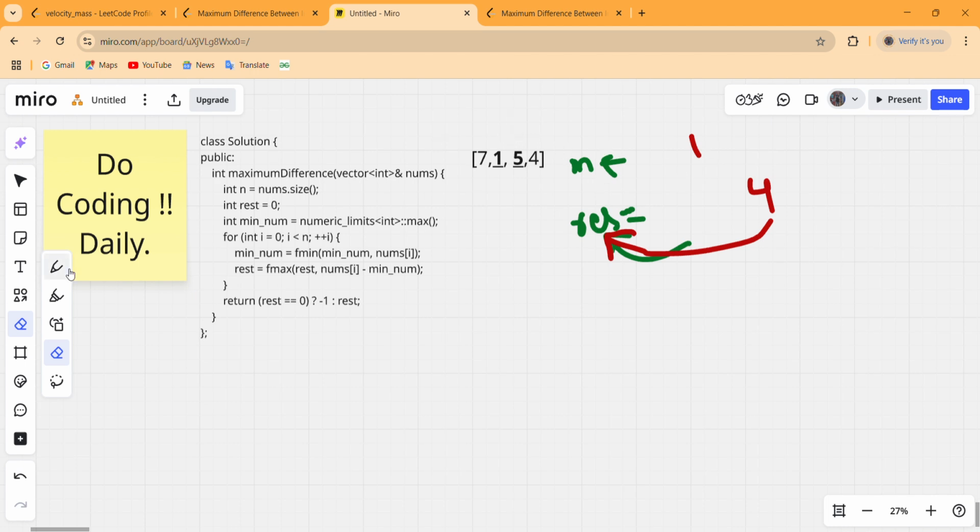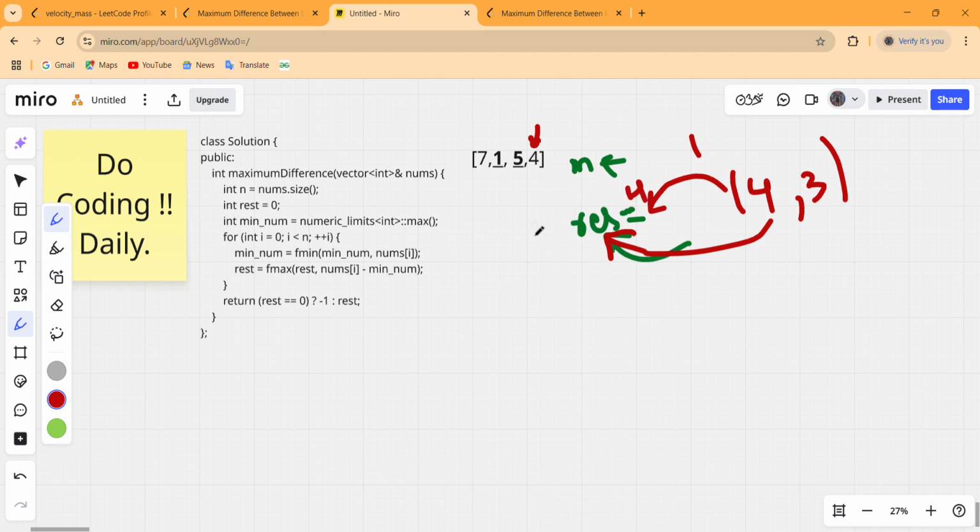Moving on to the next iteration, this 4, minimum number is basically minimum of this 4 and 1, that is 1, and maximum result possible is previous result 4 comma nums of I, that means 4 minus 1, that is 3, and maximum of these two is 4 only, so our result contains 4 as answer.